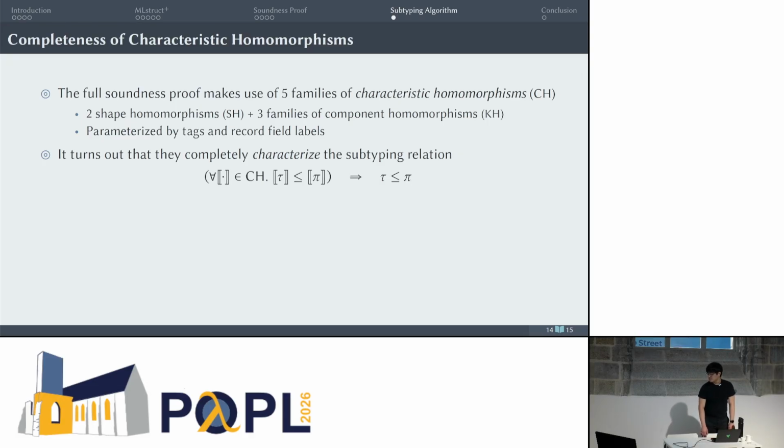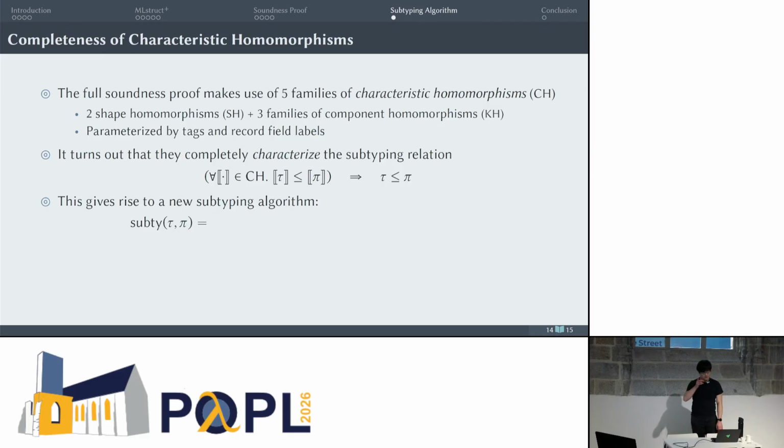What do we mean by that? It means that if the order between the images of 2 types holds under every characteristic homomorphism, the types are subtypes of each other. And from this, it gives rise naturally to a new subtyping algorithm,